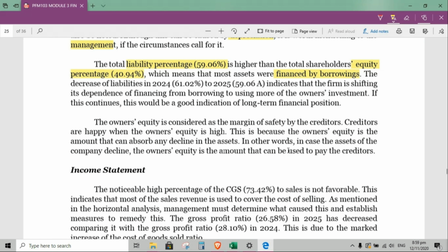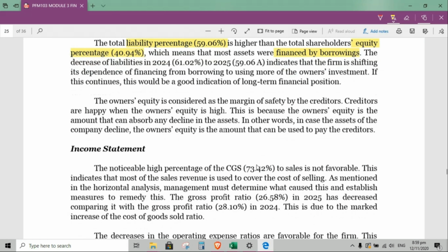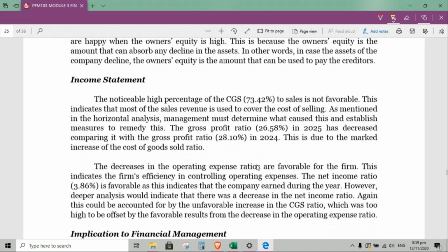Okay, so that is for the balance sheet. So what about the income statement? How do we analyze the contents or the findings in the income statement? Okay, so mapapansin mo, dito